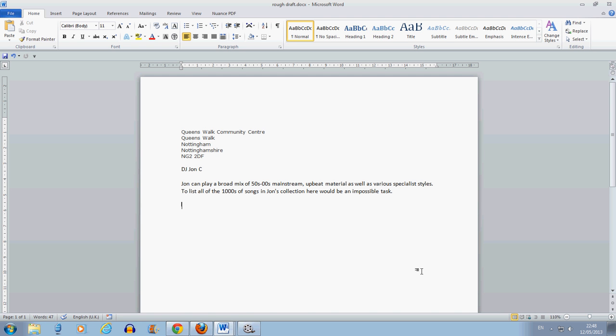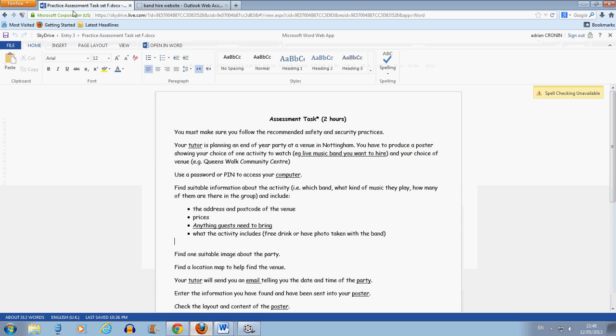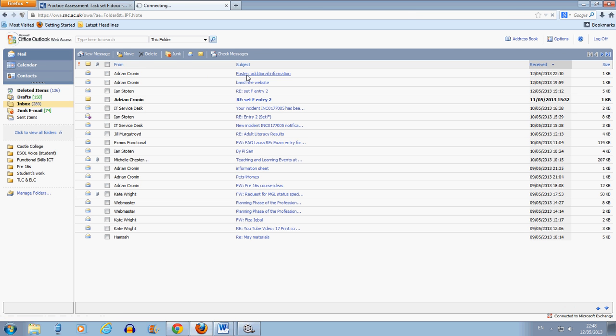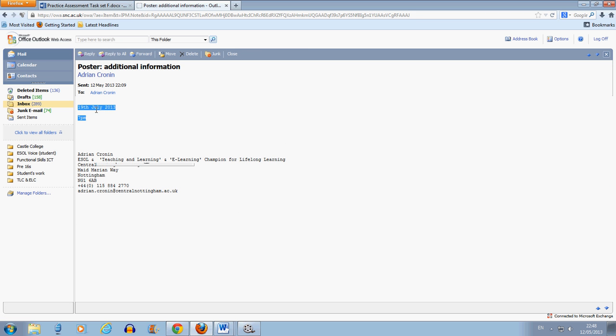Okay, so far we've made a lot of evidence. We've started our rough draft. We've logged on using our own password. We've found an email from our tutor. It's probably a good place actually. We do need to add in some information from an email from our tutor, so why don't we do that now. If we go to our email,